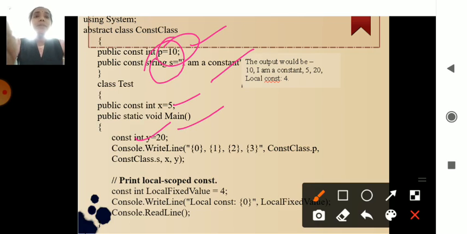When I am printing, within the curly brackets you have placeholders 0, 1, 2, 3. One by one they will be considered in the programmatic concept.